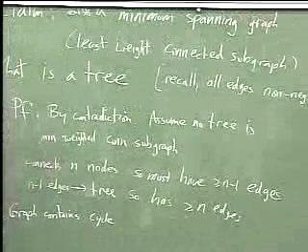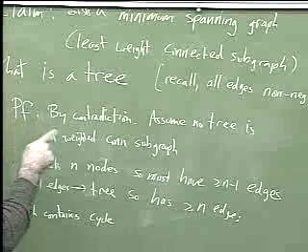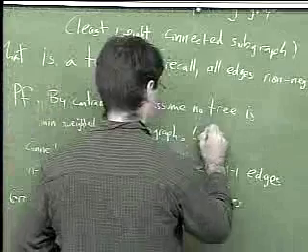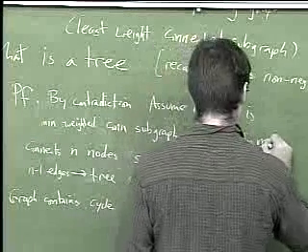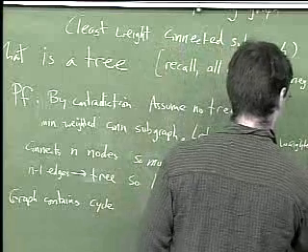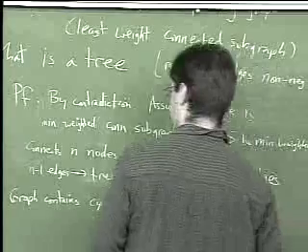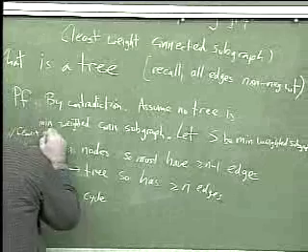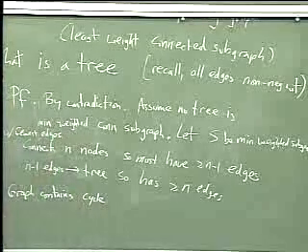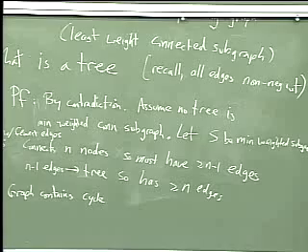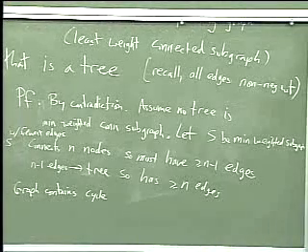So we should have said, sorry, assume by contradiction, assume no tree is a minimum connected subgraph. Let S be a minimum weighted subgraph with the fewest edges. Sorry, so we needed that. So this S connects n nodes, so it must have greater than or equal to n minus 1 edges. N minus 1 edges is a tree. We said it's not a tree, so it has to have greater than or equal to n edges, which means